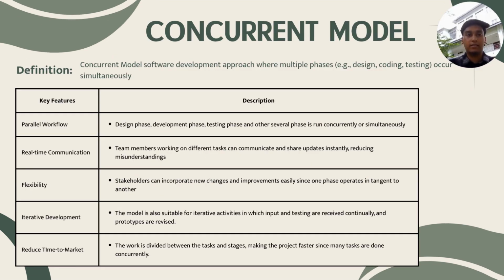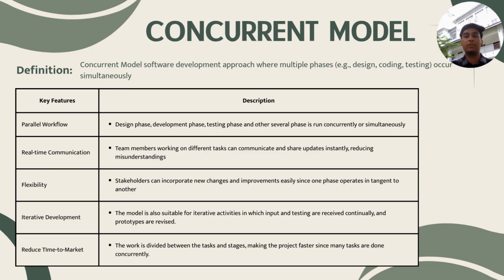So next is a definition of the concurrent model. The concurrent model is a software development approach where multiple phases like design, coding, and testing occur simultaneously. So what are the key features in the concurrent model? Firstly, we have a parallel workflow, where the design phase, development phase, testing phase, and several other phases